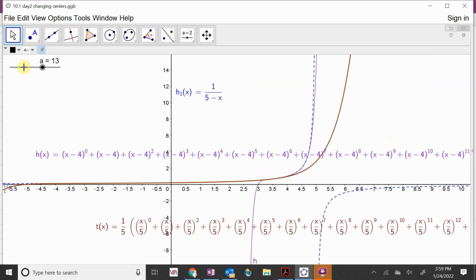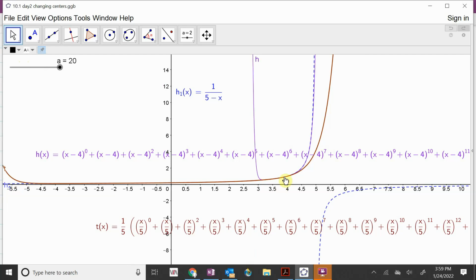So as I continue to add these on, so this is through 20, and you can see, again, eventually we think that the brown one should be fitting better near 5 than it is. We would just need more terms. But notice that if I really wanted an approximation for this function for some reason at 5, the purple one's going to do